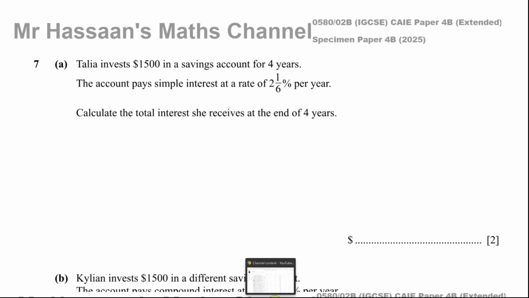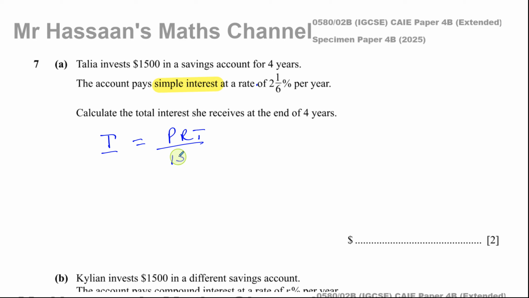And we're told that Talia invests $1,500 in a savings account for 4 years. The account pays simple interest at a rate of 2.16% per year. Calculate the total interest she receives at the end of 4 years. So here we have to use a formula that the interest, which is just the extra amount given, is equal to